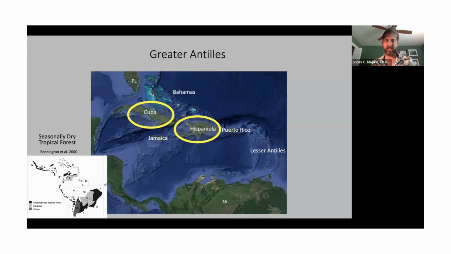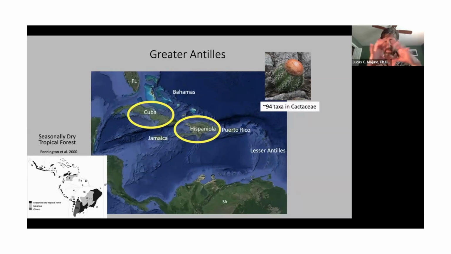And these two islands are very special. They have a really amazing geologic history. They're the largest within the Greater Antilles, but they also have the highest diversity of any of the other islands throughout the Caribbean and specifically within the Greater Antilles. And it's a really special place for us, especially for what we're going to talk about today, because both of those islands have lots of seasonally dry tropical forests. These are relatively arid forests, specifically within certain times of the year. Most of these are on either serpentine soils or limestone soils, sometimes silty soils. And it's an absolutely perfect place for groups like cacti to exist.